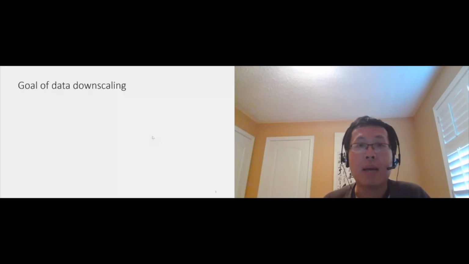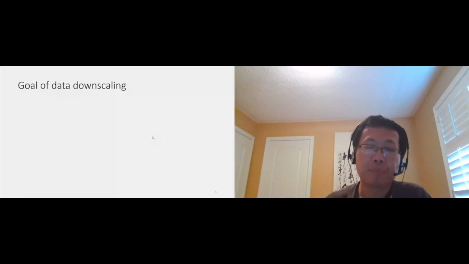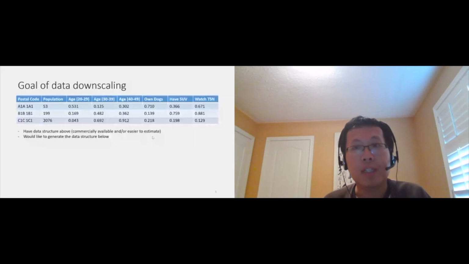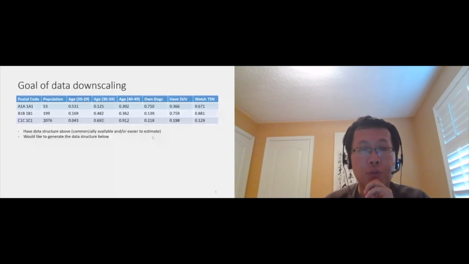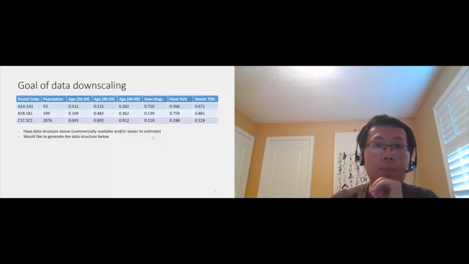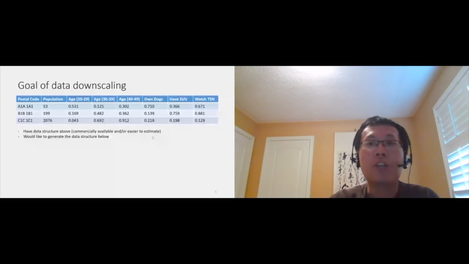I'll start with an example of what the goal is. What's the goal of generating synthetic data? Typically, this is what commercially available data looks like, where you have different postal codes. Let's take the first postal code, A1A1A1. You know how many people live in that postal code, and you know the distribution of attributes of people in